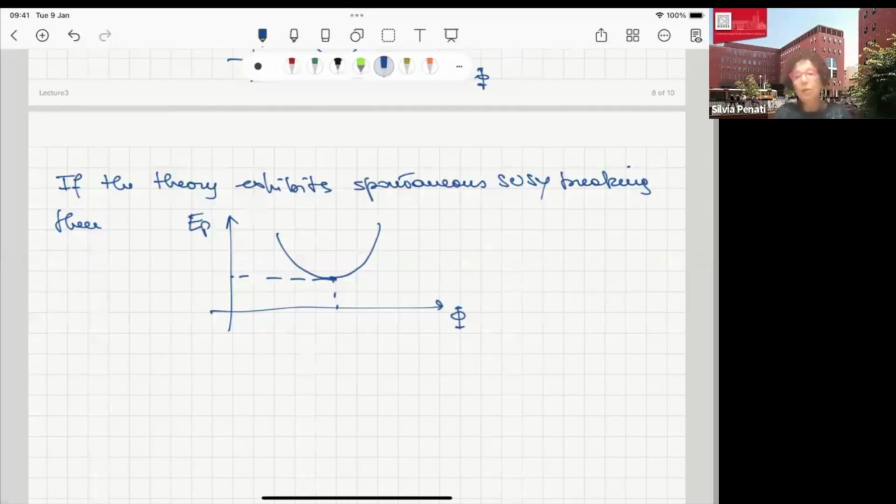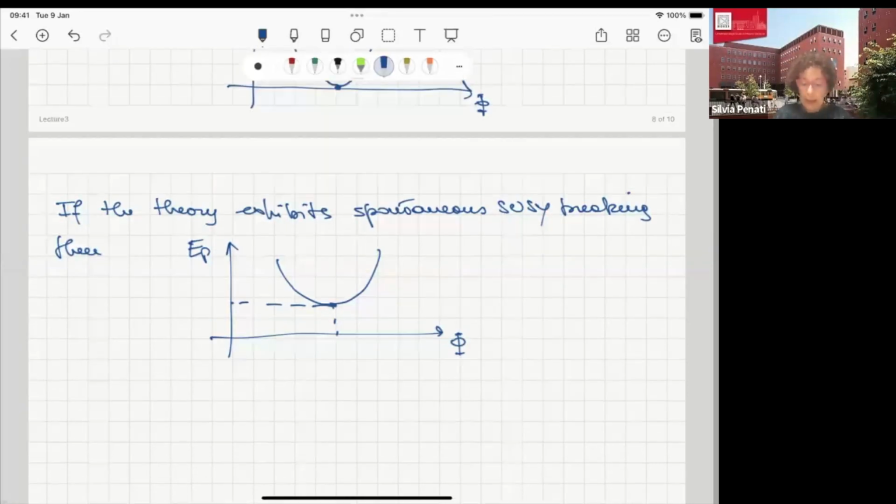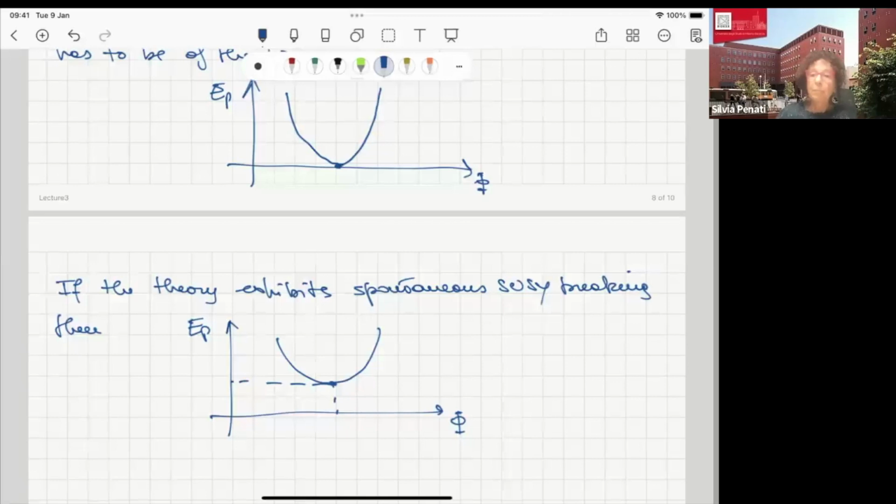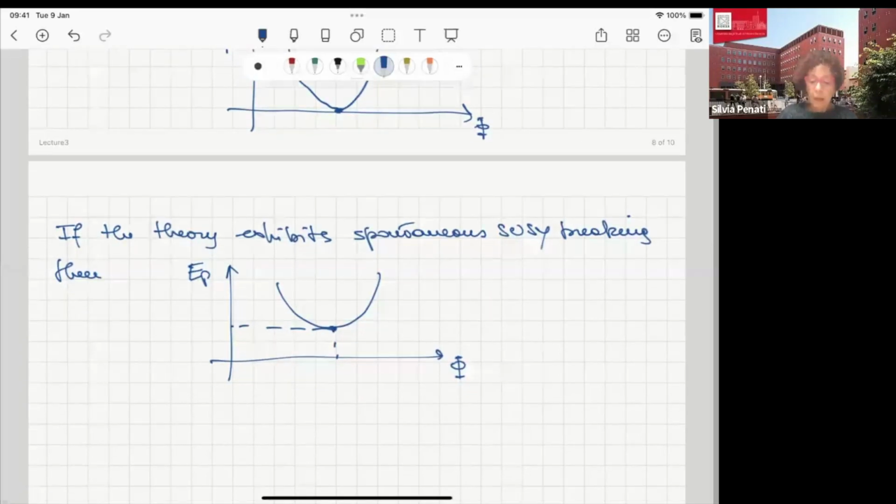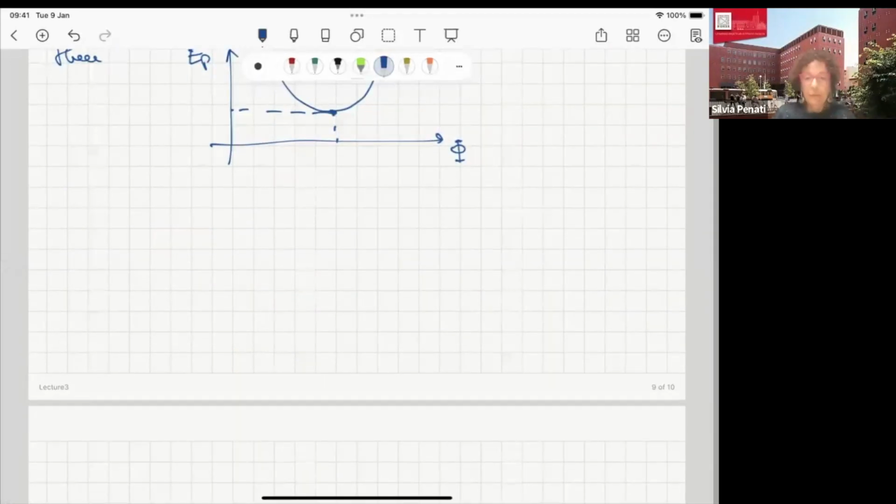Just draw the potential energy of your theory and check whether the minimum of the potential is 0. In this case, supersymmetry is not broken, or different from 0. In this case, supersymmetry is broken. Okay, so this is a kind of similar thing that happens already when you have ordinary spontaneous symmetry breaking of internal symmetries. In fact, remember for ordinary theory, for ordinary internal symmetries,